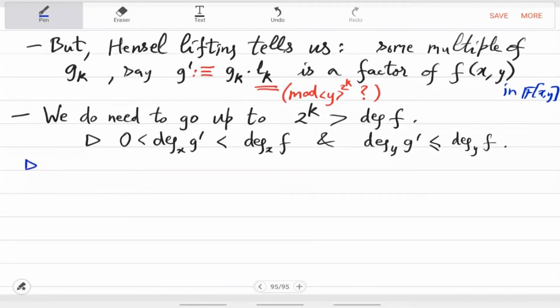Okay, so now we will use the trick that we have used many times before, which is that if you look at this congruence G prime congruent to GK LK mod y raised to 2 raised to k, G prime is unknown, LK is unknown, but GK is known. So how do you find G prime and LK? You have degree bounds on G prime, and so you also have degree bounds on LK. In fact, that also we can write here. So degree of LK with respect to x is less than degree of f,